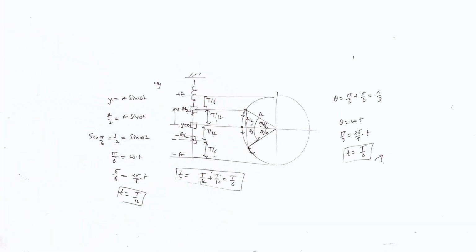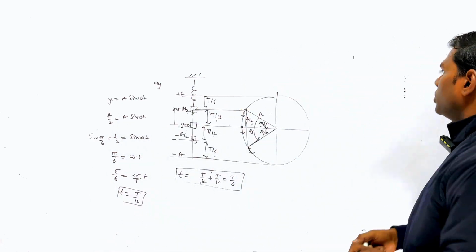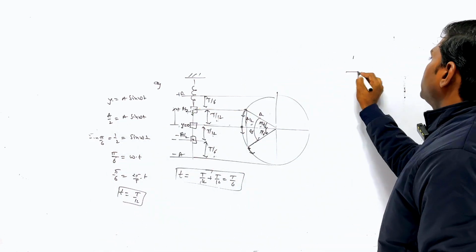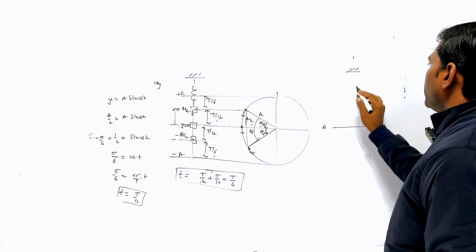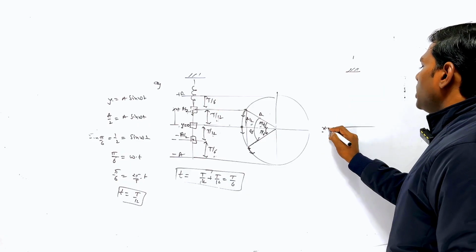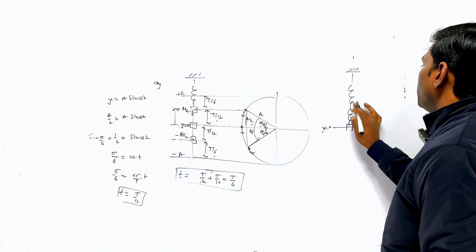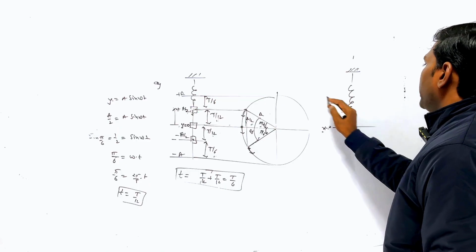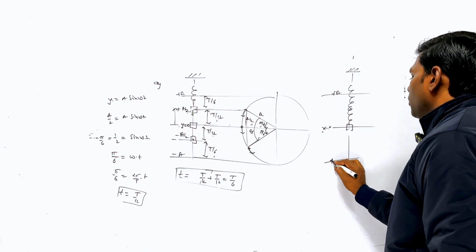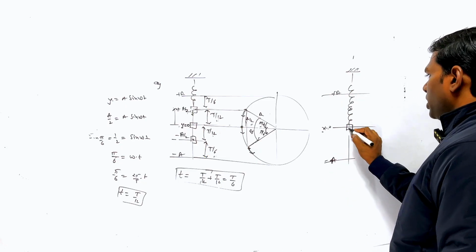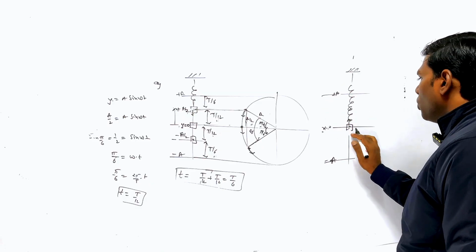Copy this. Instead of this, suppose I'm asking you, suppose there is a spring, right? This is the mean position, and there is a spring. Suppose this is the mean position, this is plus A, and this is minus A. What does it mean? It is plus A and it is minus A. So when it moves,